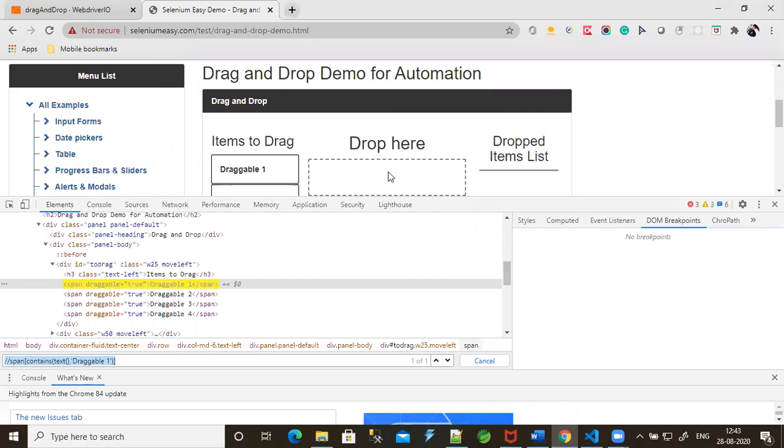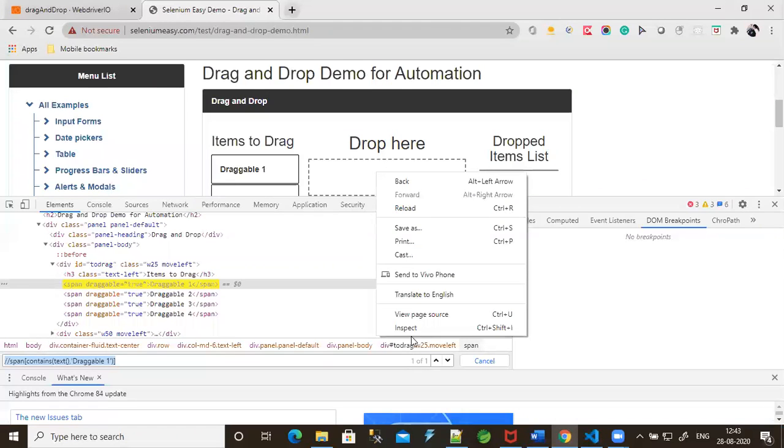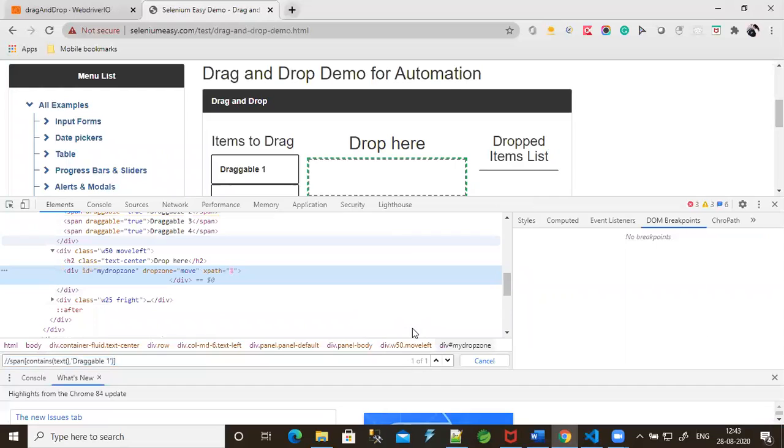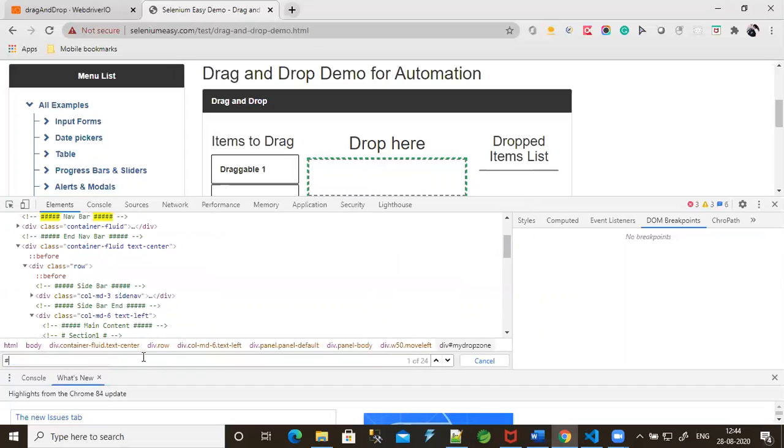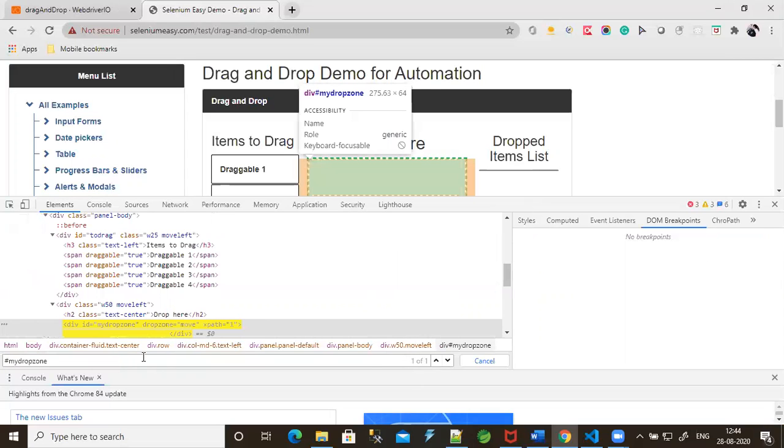Let me drop here, right? So we need to inspect this. I'm going with my drop zone as a CSS selector here. Let me copy. Got it.